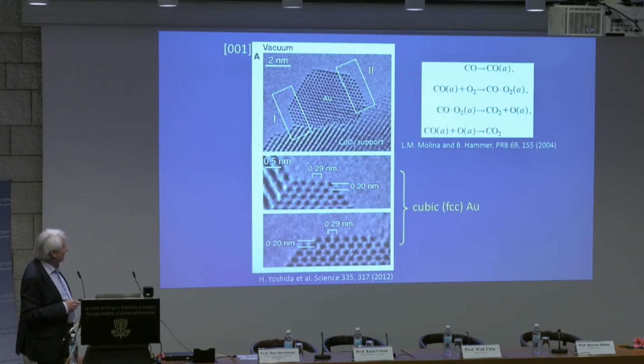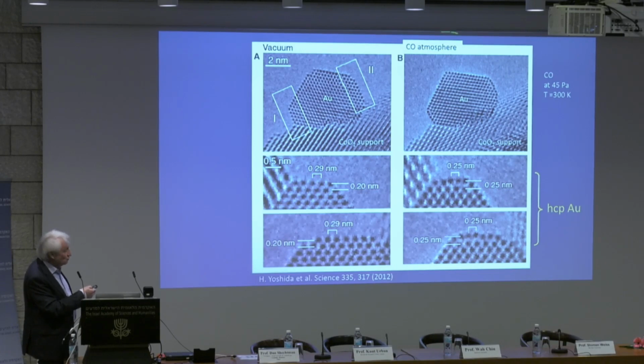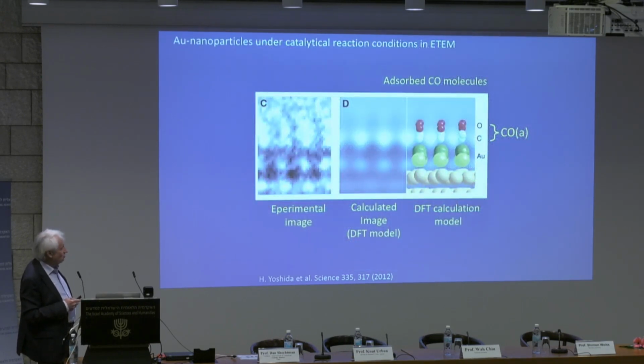But now you put the CO atmosphere in your sample chamber. So this was all in vacuum, in the microscope, same microscope. You see the same particle here. And now something very unexpected happens. This gold particle undergoes a structural phase transformation from FCC to hexagonally close packed. And in this, now the reaction takes place, and the adsorption of CO can be studied in this particular structure